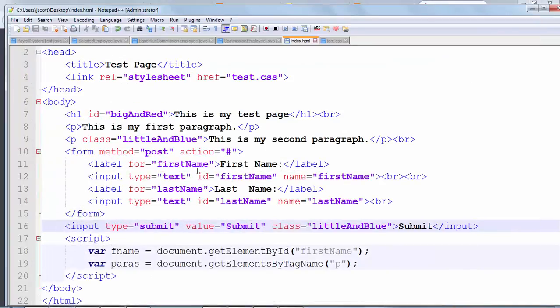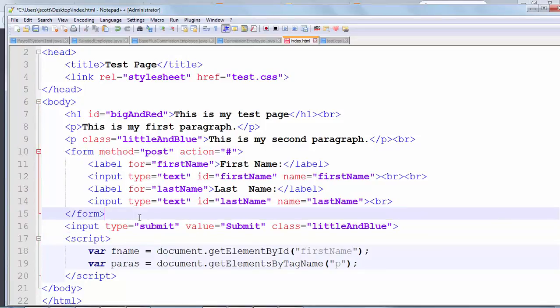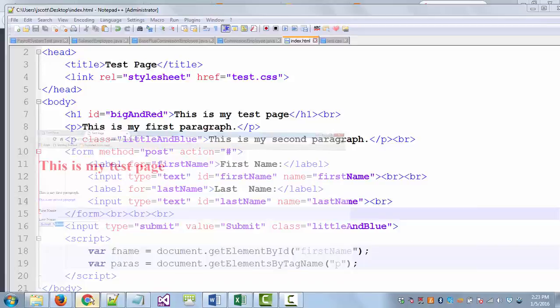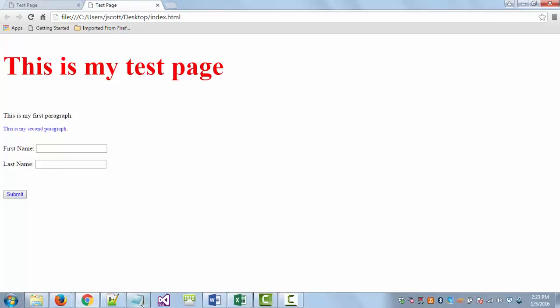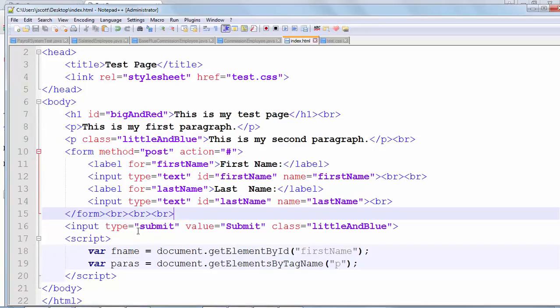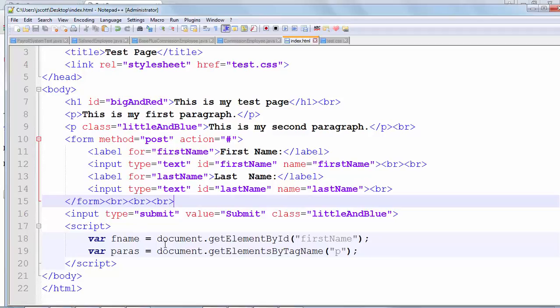All right, so let's fix that up. Let's get rid of this. Won't even need that. But let's put about 3 line breaks here. All right, it's looking fine. What I'm trying to get across to you in this is that when I want to actually start writing some code here, I can use